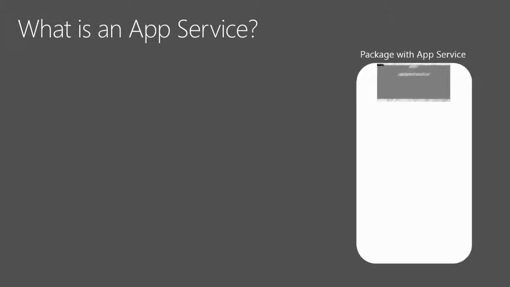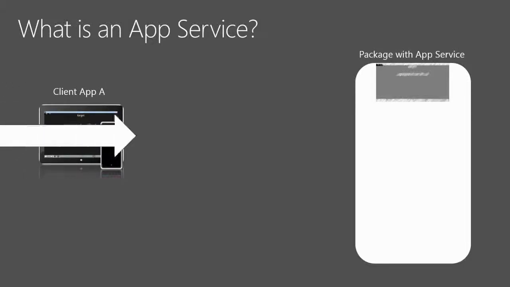So what is an app service fundamentally? Well, if you've built anything on the modern platform, which you guys mainly haven't, you would know that if you wanted something that was going to run in the background, then you need to use something that's a background task. Okay? And these are things that are generally short-lived activities that start up. They can occupy a minimal amount of CPU and memory. They do a quick job, and then they disappear. They're used for things like updating live tiles and other sort of short-lived activities.